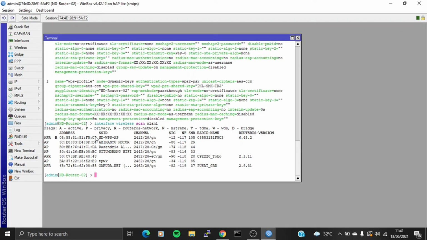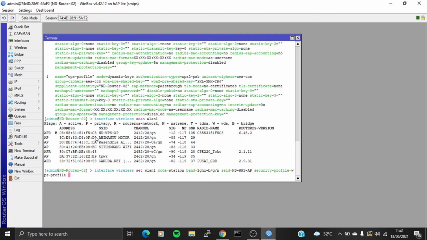And then we do the configuration of interface VLAN 1 using interface and then wireless set VLAN 1 mode using station and then band using 2 GHz BGN and then SSID using ND WPS AP and then security profile using WPS profile. Okay, and then when we enter,